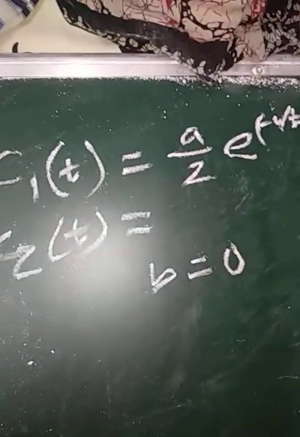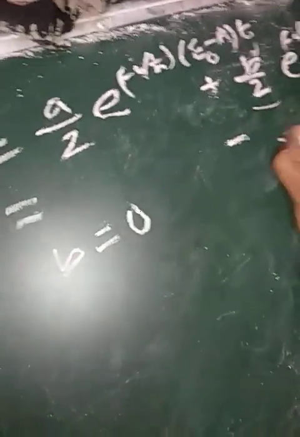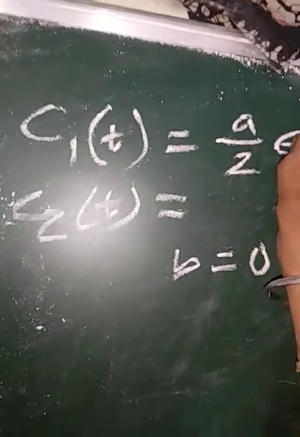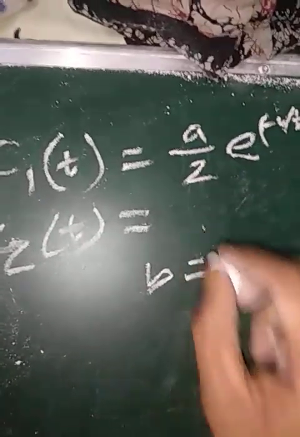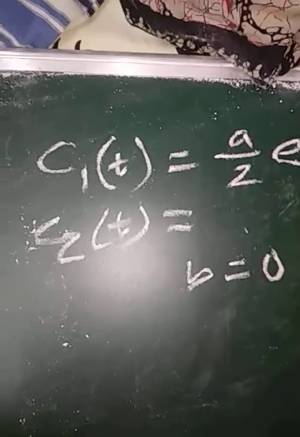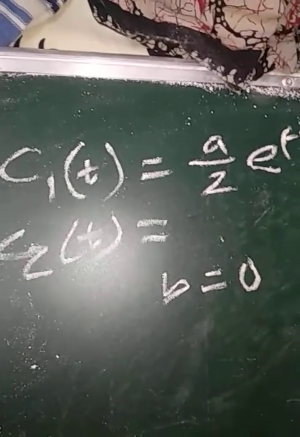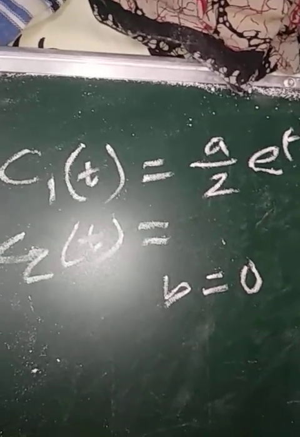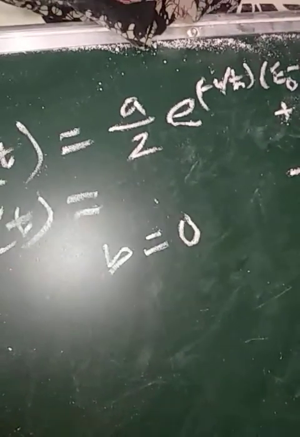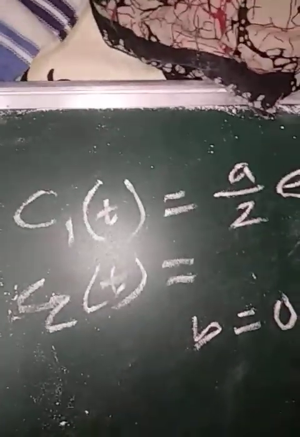If B equals 0, then B drops out from here and from here too, and we have this thing over here and here. That means if the amplitudes are equal for both the states of the system, it is equally probable for the system to be in state 1 and in state 2. Similarly, if A equals to 0,